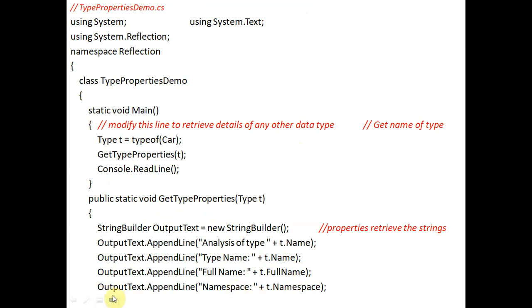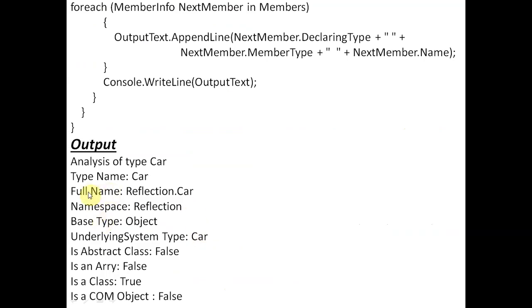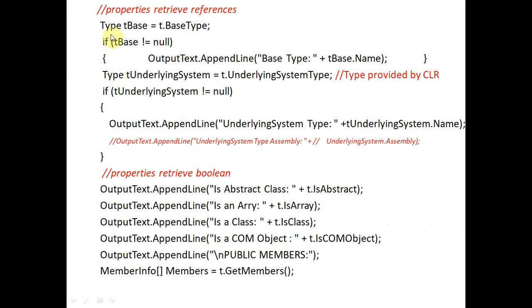And the last line is outputText.AppendLine, namespace t.Namespace. The namespace of t, meaning the type of Car, is Reflection. So here it will be Namespace colon Reflection, and the next line will be Namespace Reflection.